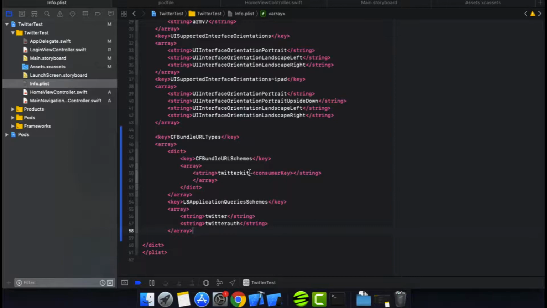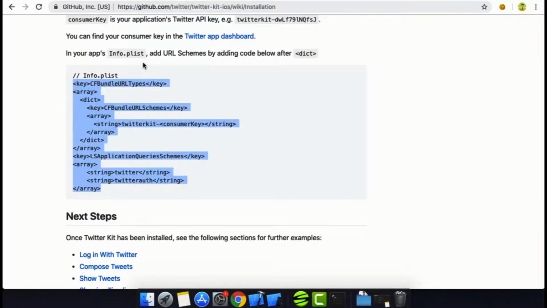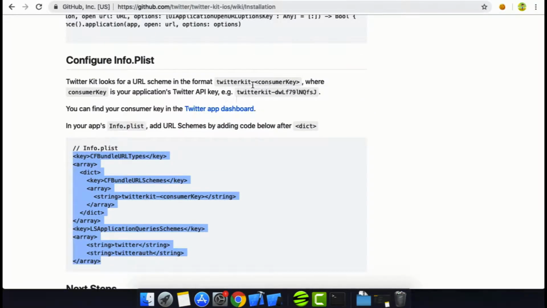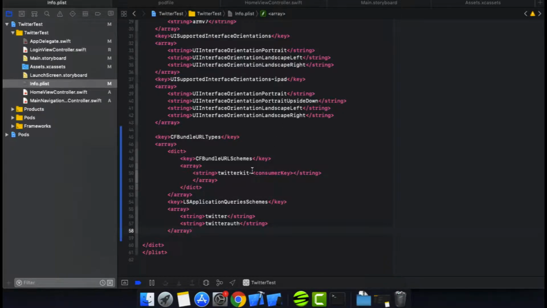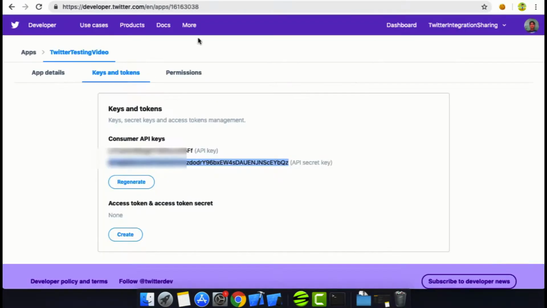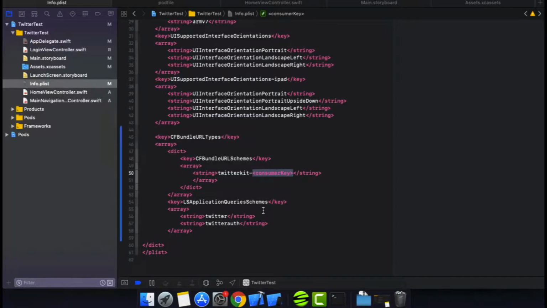And one more thing, as you can see, if you read this doc, it is saying you will have to replace this thing by your consumer key, right? So let's replace it by your consumer key. So what is your consumer key? This is it. So let's go to your project and paste it here. Okay, after the completion of this, you will have to copy this,